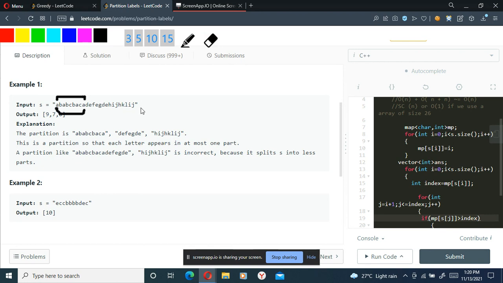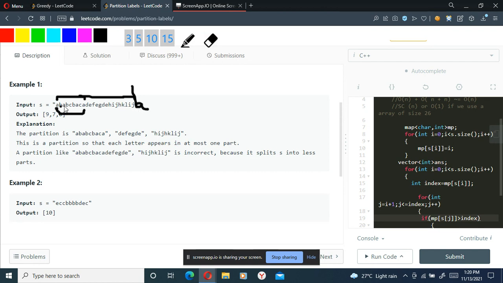But if A was present somewhere here at the last, let's say, then the last occurrence is this. Sorry, let's just take this B here. So A is here, and this is my last occurrence. I need to check the characters in between. Then I got a B here, and I see that my last occurrence of B is here. So now my window of the current substring extends to here. I need to check from here to here whether that is my last index or not. And yes, it is indeed.